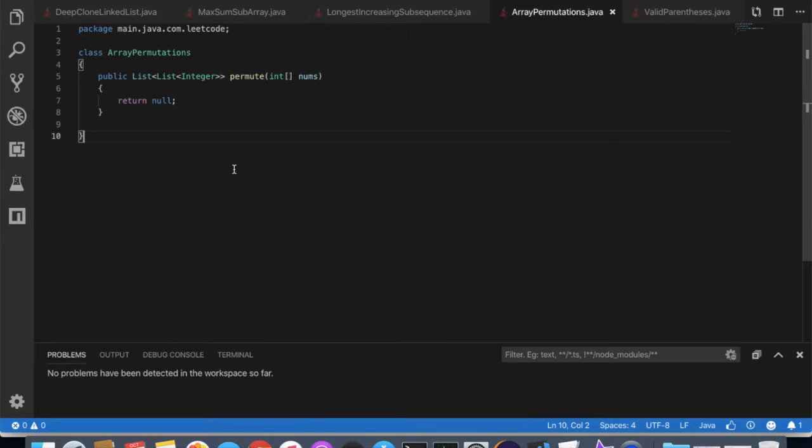So now in my Visual Studio Code, I have my permute function that takes an array of integers and returns a list of lists of integers. Now we need to build the result that I'm going to return. So I have result equal to a new ArrayList, and I need to return this one at the end. And in between I need to prepare my